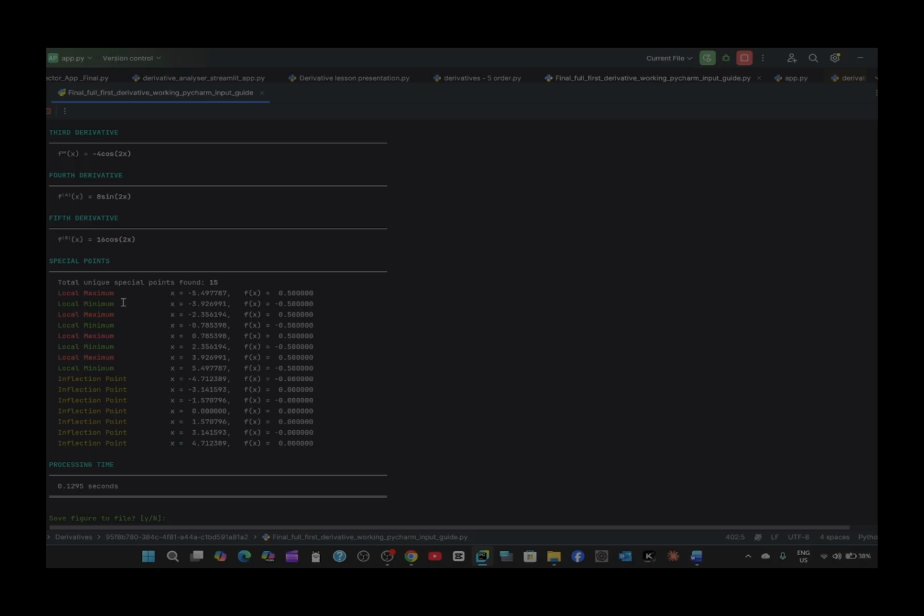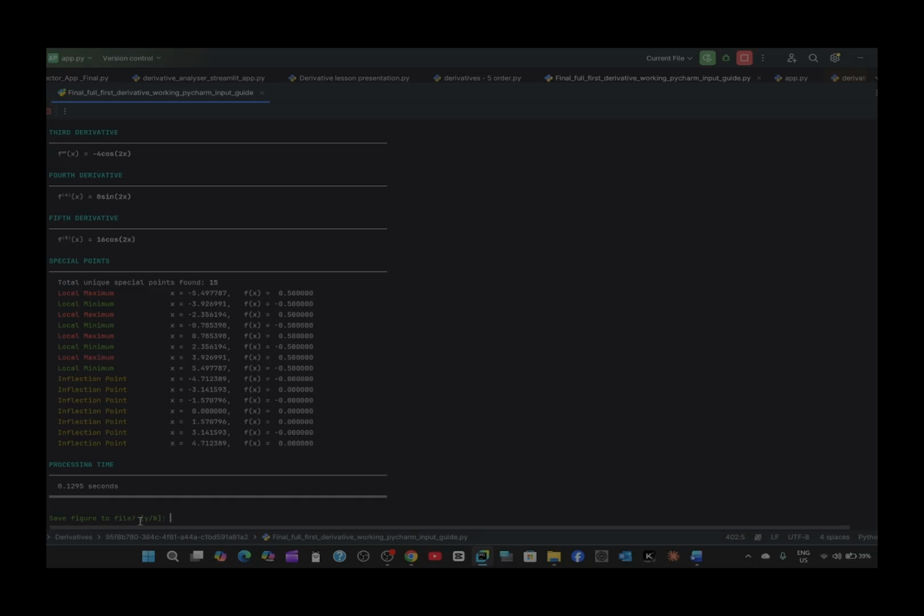Special points include local maximum, local minimum, and inflection point. We remember we learned these in quadratic equations: minimum, maximum, and inflection point. Minimum is when the y value of the curve is smaller. The processing time is 0.1295 seconds, which is amazing. And it does all this, draws everything for us, all the charts, in only